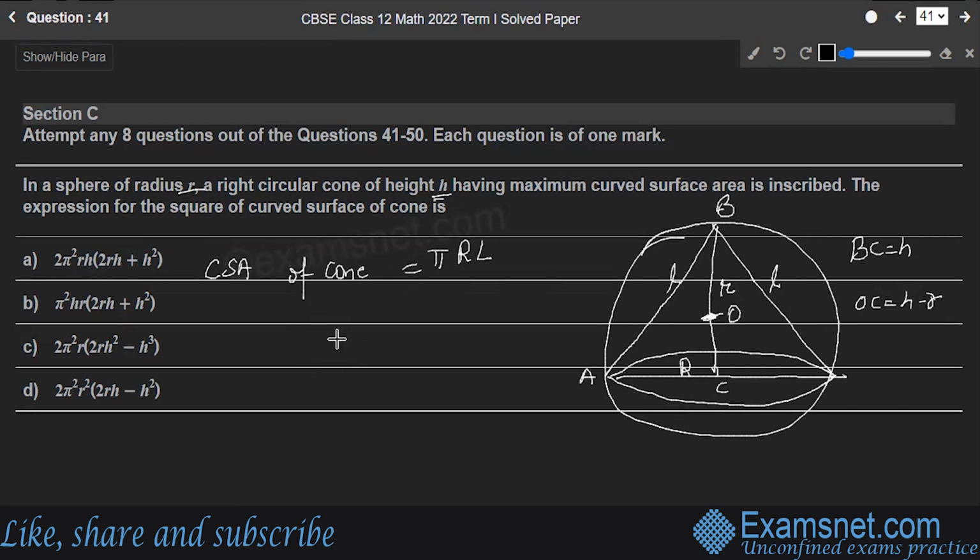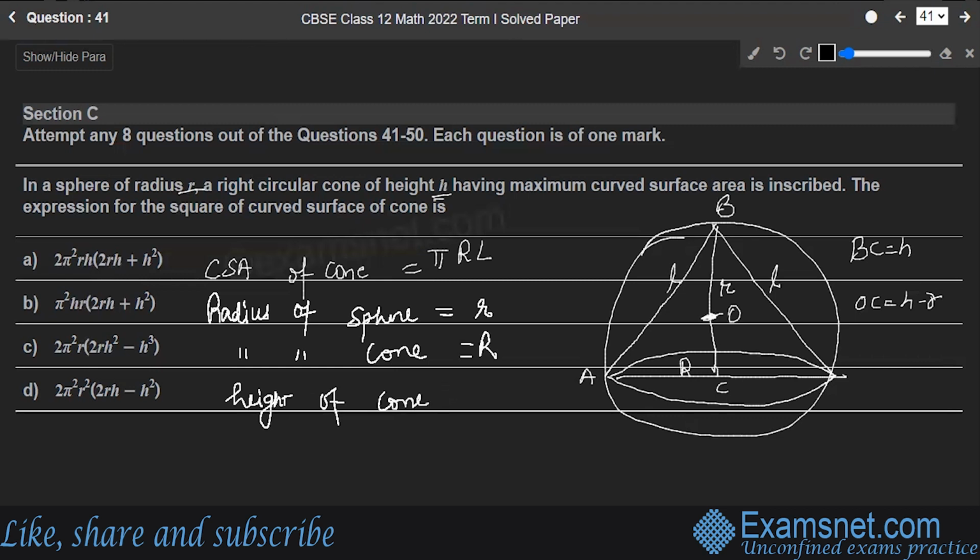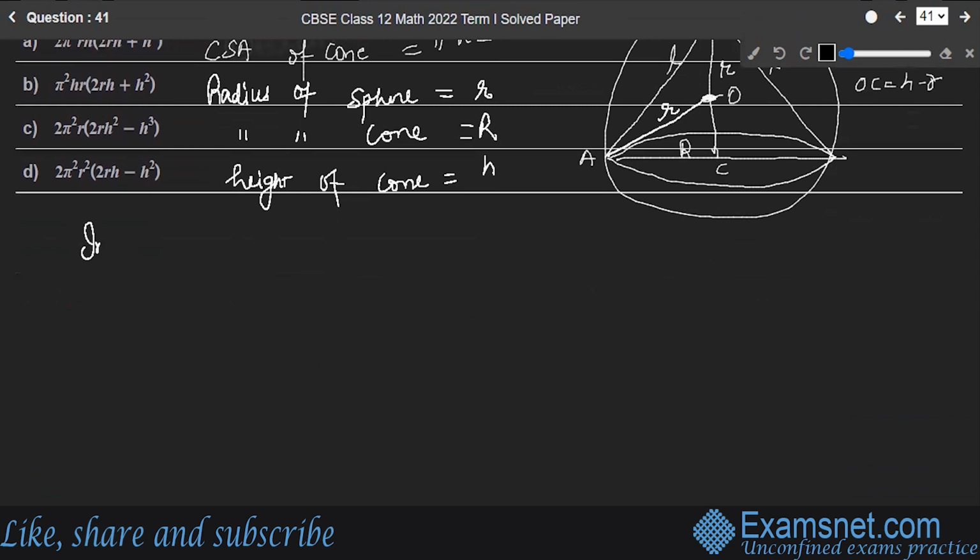Let's write down over here: the radius of the sphere is equal to small r, and the radius of the cone is equal to capital R. The height of the cone is taken as h. Now in the triangle AOC, this is of course the radius of the sphere. In triangle AOC, OA square is equal to AC square plus OC square,